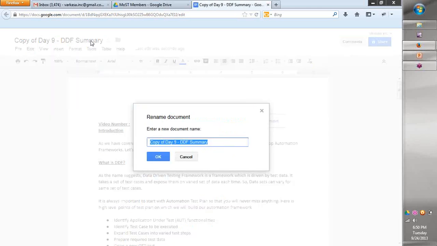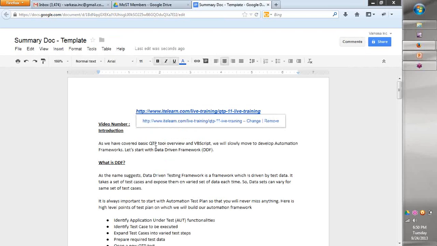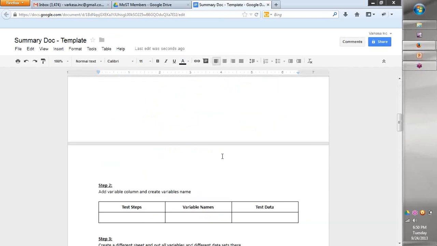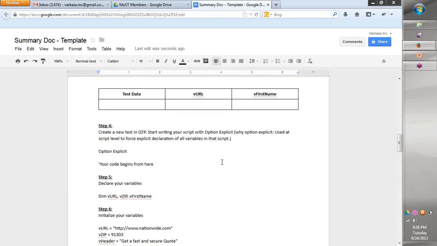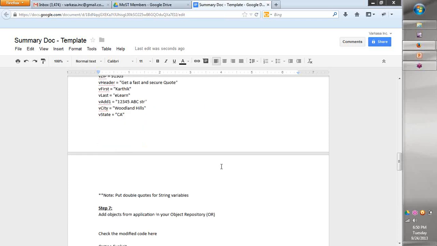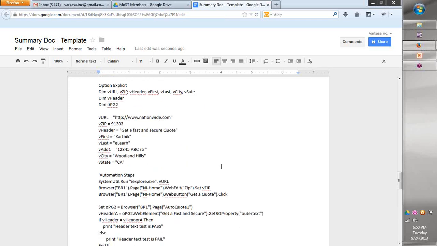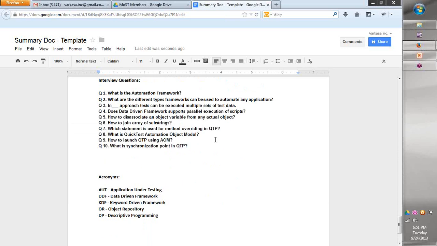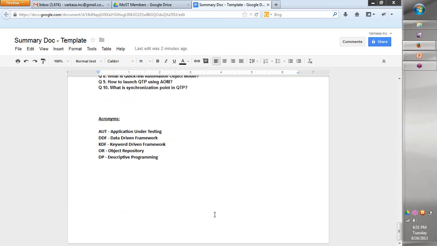This I will call the summary doc template. In fact, we have to give a better name to this, so that it will be easy. The intent is very simple: we will have a brief textual overview of the video that you can print and keep with you as a reference at a later point in time. Some of them have the scripts, some have the interview questions and answers we'll add, and some acronyms. If you come up with an idea, like, can we do this also? Great, phenomenal, let's do it.